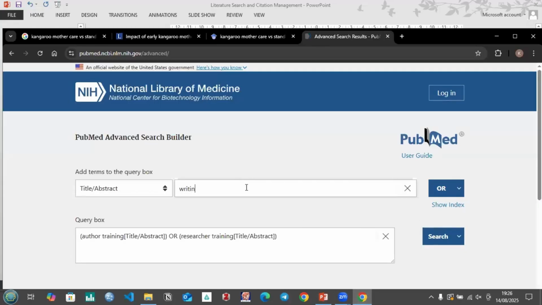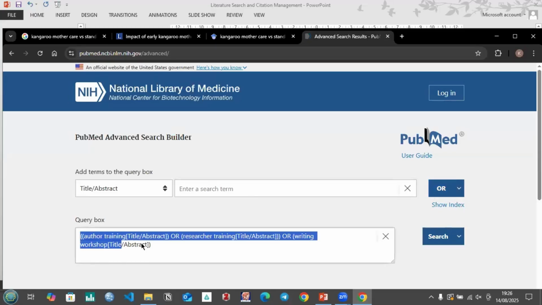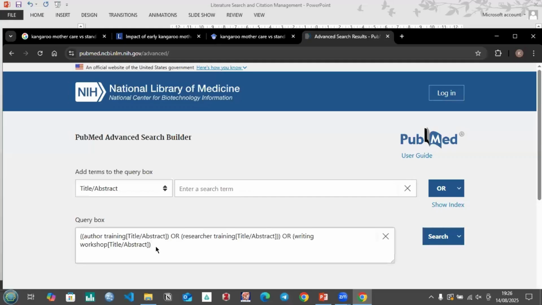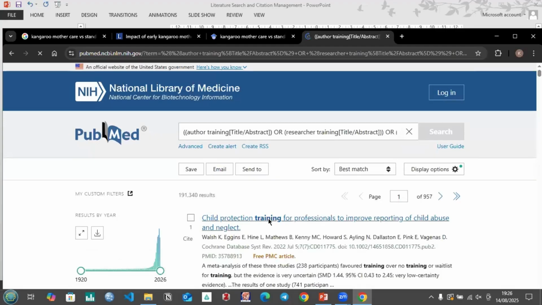So for now, we can put writing workshop. Okay. So we'll add it with OR. You can see in our query box, we've got the first component of our PICO framework, which is the intervention. So now if we search only this, we'll get only studies that talk about trainings, regardless of the